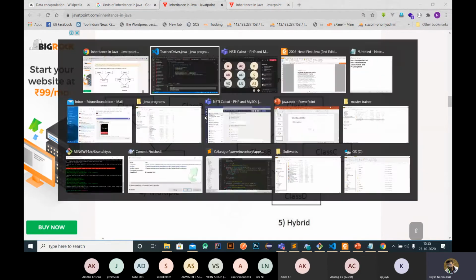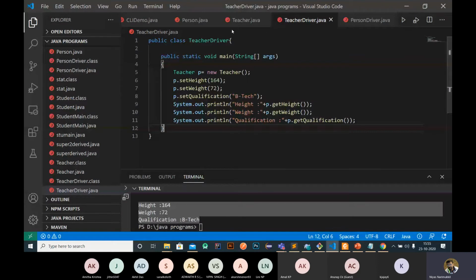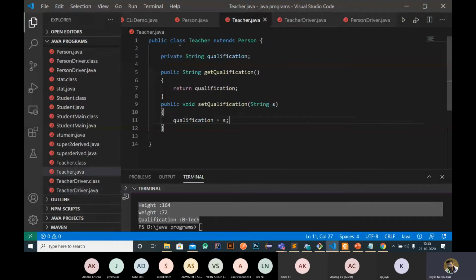By default we can't do it like that. For example, in order to do multiple inheritance, we would write public class teacher extends person, comma, any other class, for example college, like that. So this is not permissible in Java.